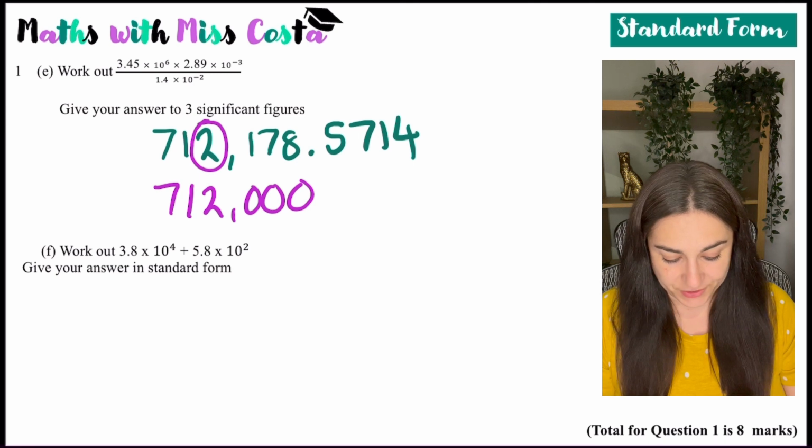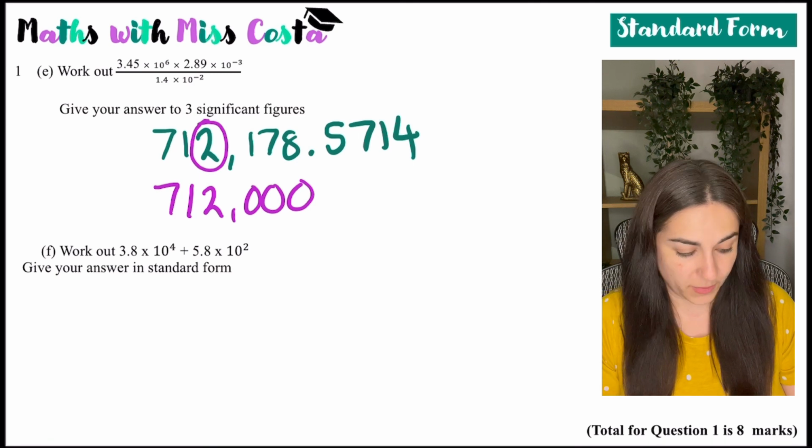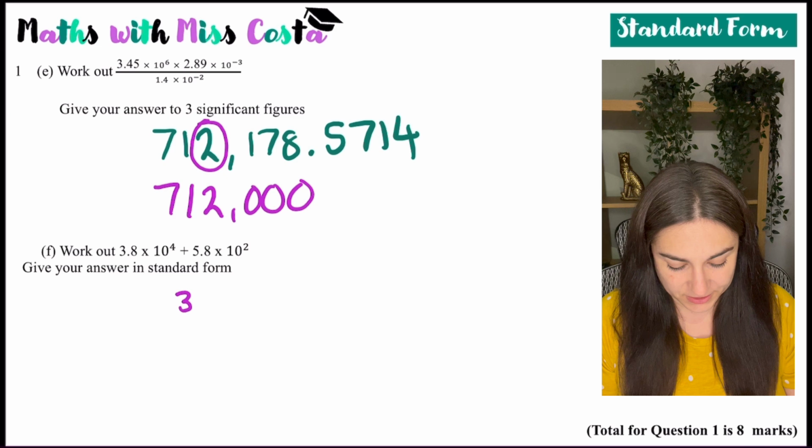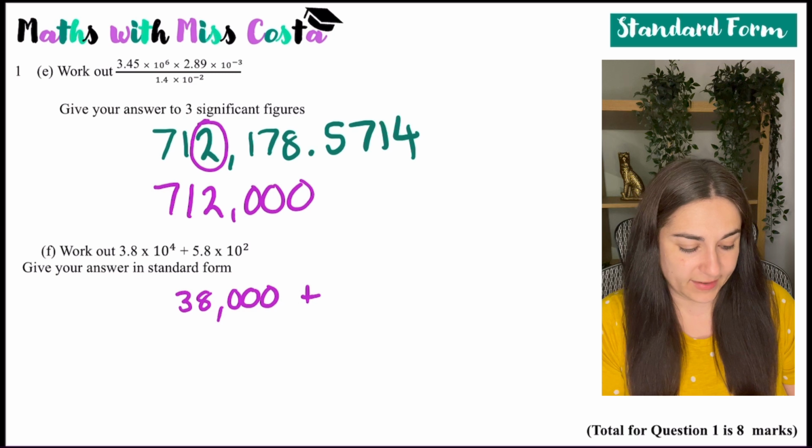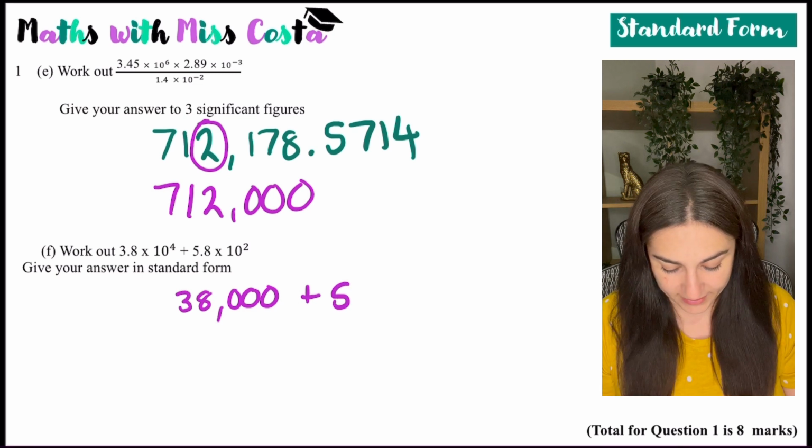Next, I've got an addition. So once again, I could do this on my calculator, so just type in 3.8 times 10 to the power of 4 plus... or I'm going to just do it step by step actually. So 3.8 times 10 to the power of 4 is 38,000, and then 5.8 times 10 squared is 580, and